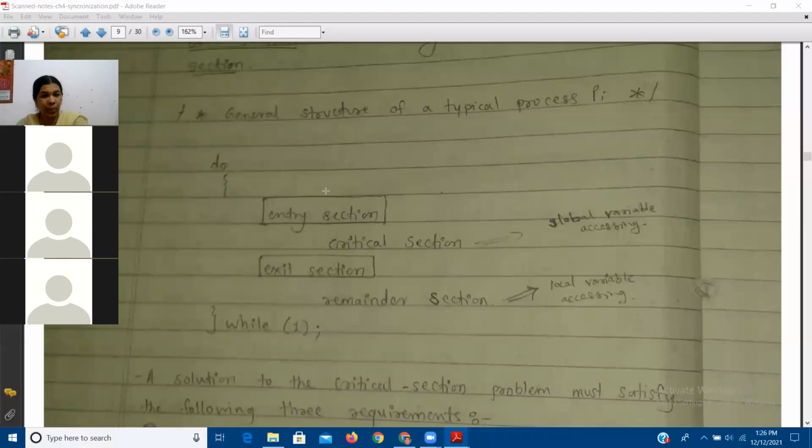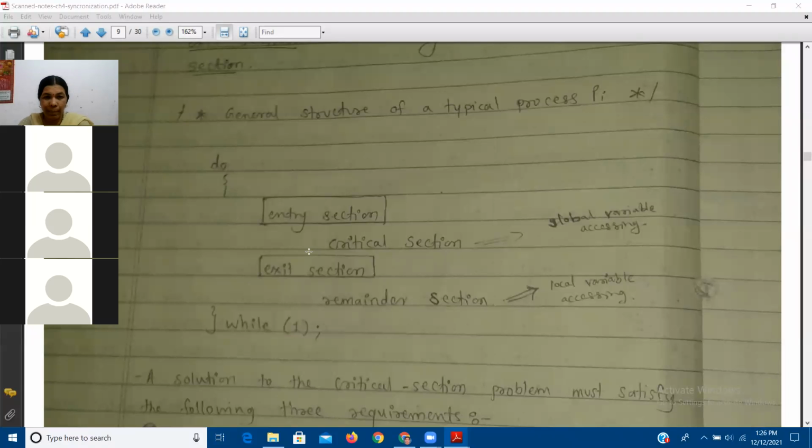So where are these operations performed? In the critical section. So if we assume counter plus plus as P1 and counter minus minus as P2, when P1 will be in its critical section, P2 will not be there in its critical section. When P1 is in the exit section, then only P2 is able to enter the critical section, right? Because both are sharing the common variable, that is counter. And in the reminder section, whatever private variables are there, they are used there, right? So this is the infinite do while loop. So this is going on everywhere in our real life also, right?